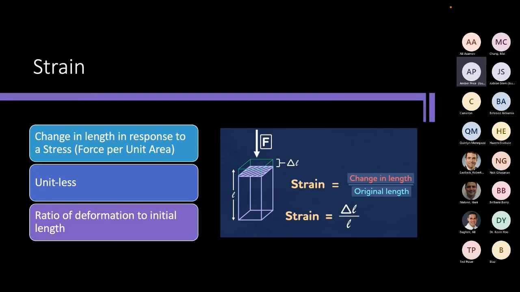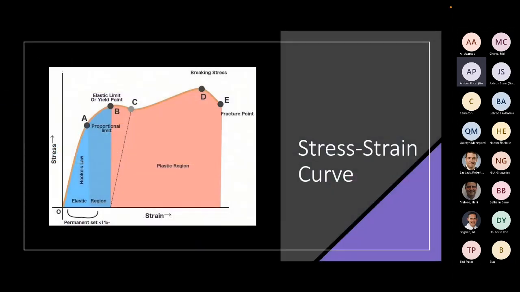So strain is basically a unitless concept, and it's a change in the length of an object compared to its original length. So it's this ratio when a force is acted upon an object that is equivalent to strain. And this is important because we then form these stress strain curves. So you know, in all of our residencies, we've looked at these, and for boards too many times, but the